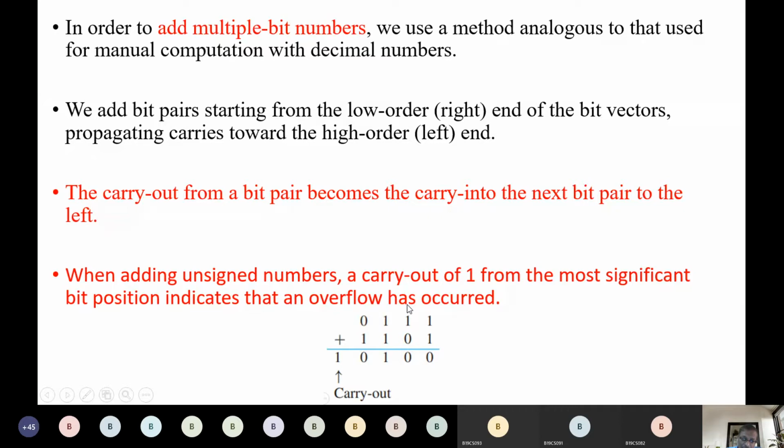So again now we have that 1 which we got from here. It becomes carry in here. That 1 plus these 2 ones. So 1 plus 1 plus 1, 3 ones here. It becomes again 1 1. So we will keep 1 here and another 1 is a carry out. So it becomes carry in for this one. So carry out from here becomes carry in for these 2 numbers. So we got 1 here as a carry in. So 1 plus 1, it's 1 0.